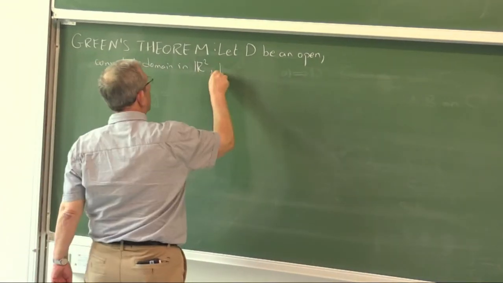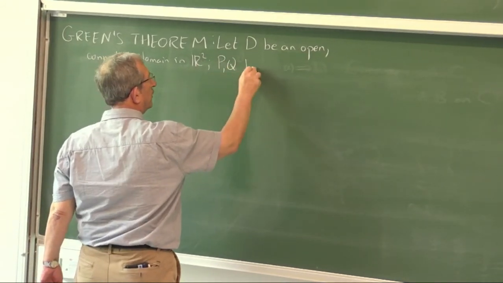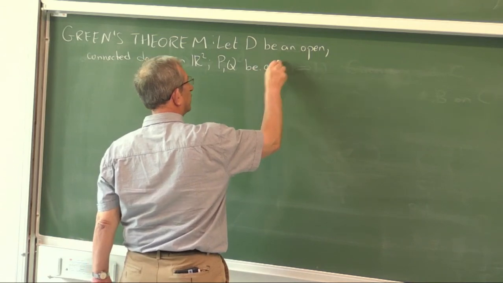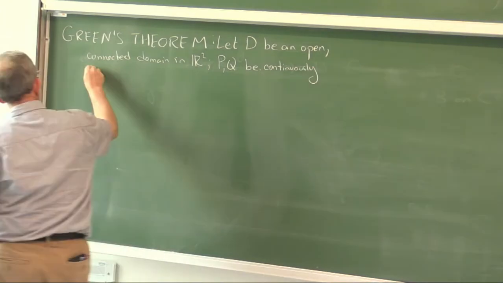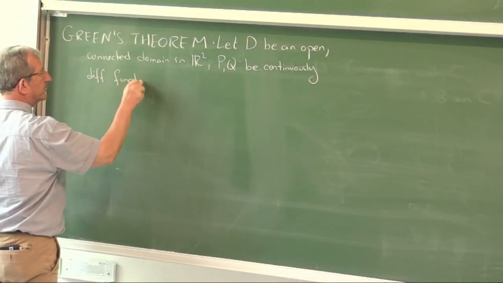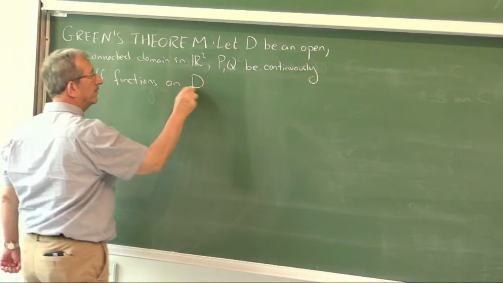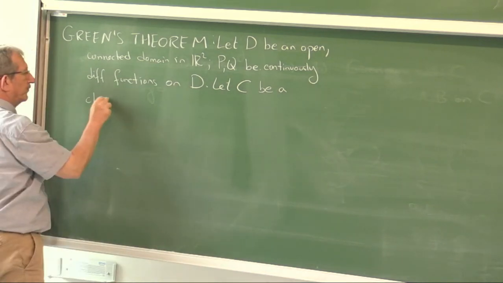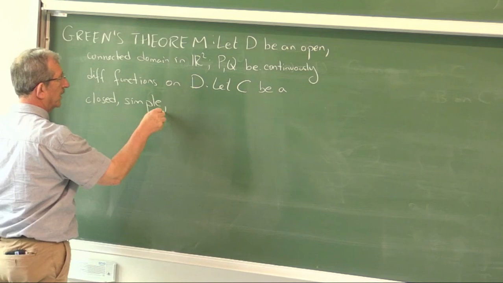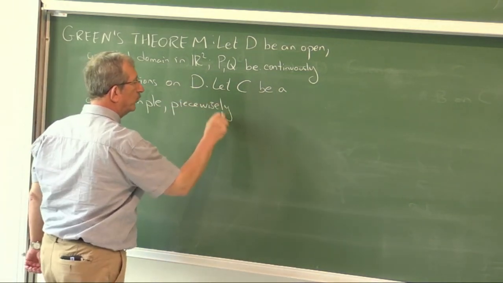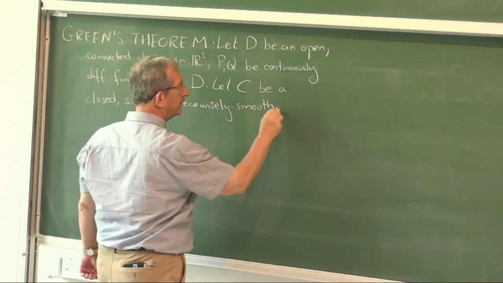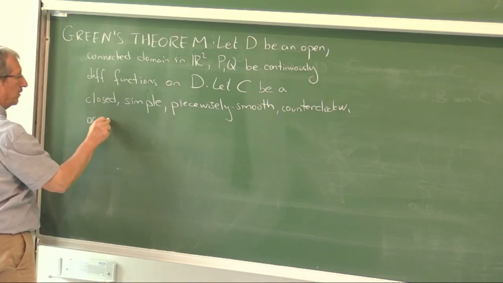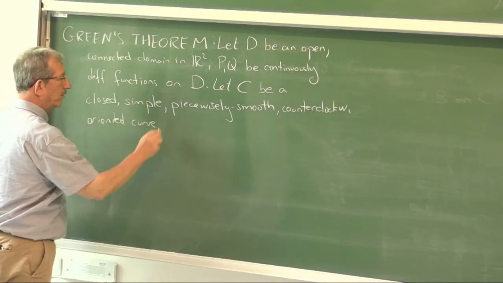Let P and Q be continuously differentiable functions on D. And let C be a closed, simple, piecewise smooth, and counterclockwise oriented curve in D,